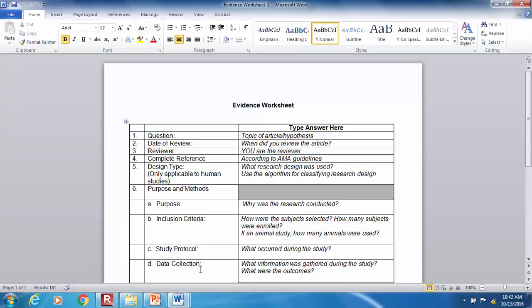Use this format to address the specific questions. I think the other person said he likes this better. So I don't know, it's up to you guys. Either you follow the example matrix, or you use the evidence worksheet as a template for the matrix part,